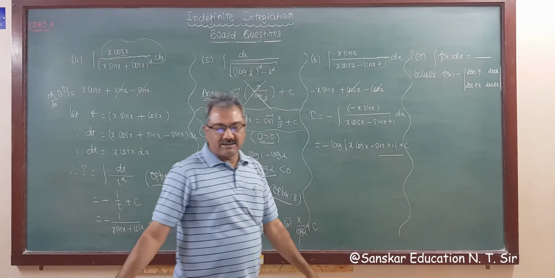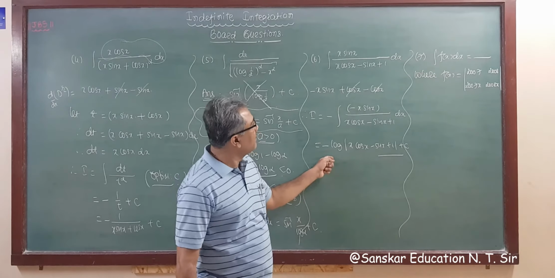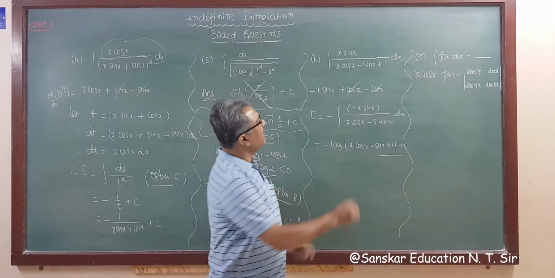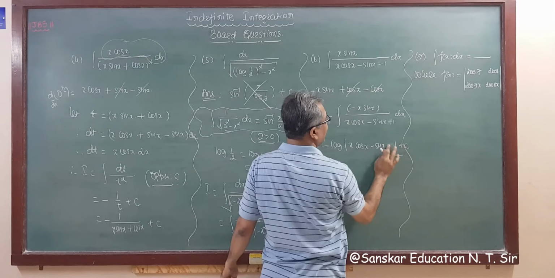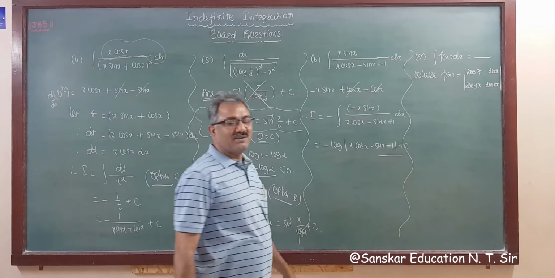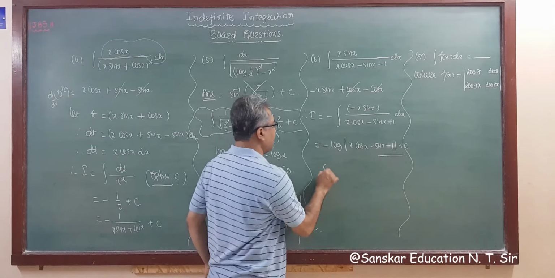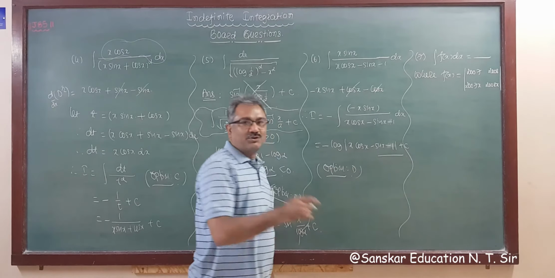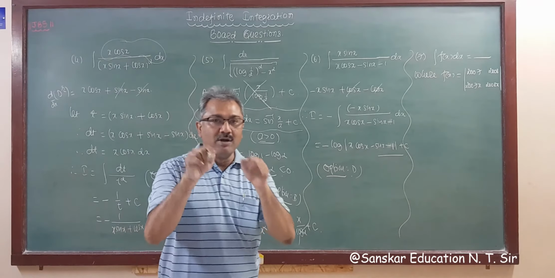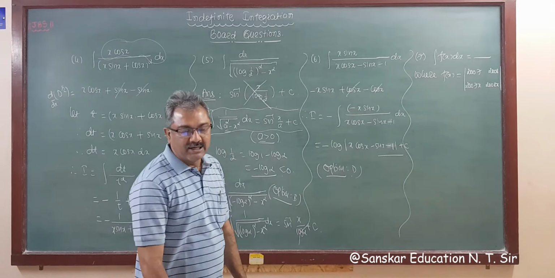This is your answer. So it is given in option number D. In option number D, it is given minus 1 here. So no problem at all, right? If I write plus 1 or minus 1 in calculation, it doesn't matter. So option number D is your correct answer, right? In your PDF file, which is given to you, the highlighted bold option is your correct answer. So option D is the correct answer.